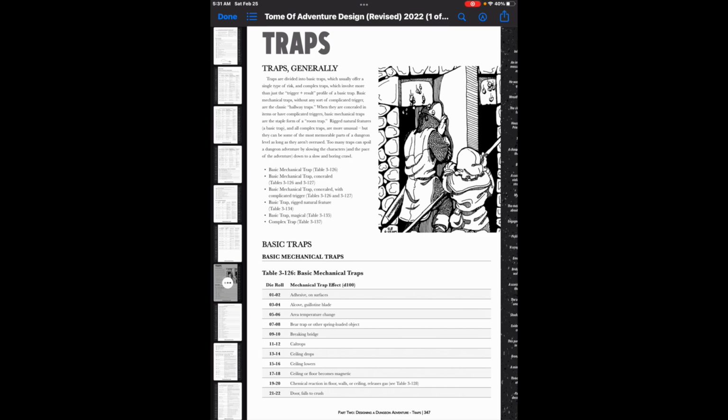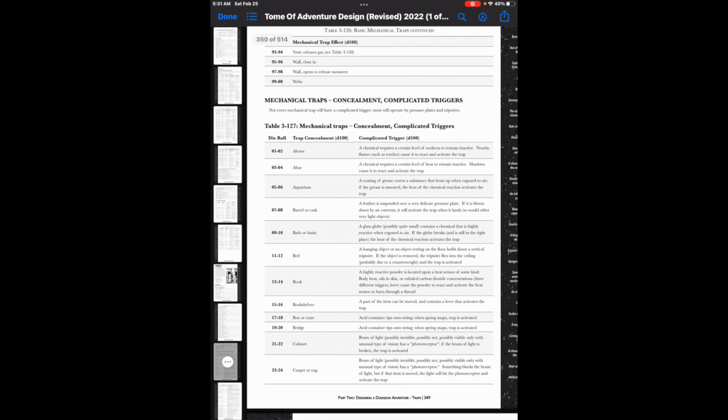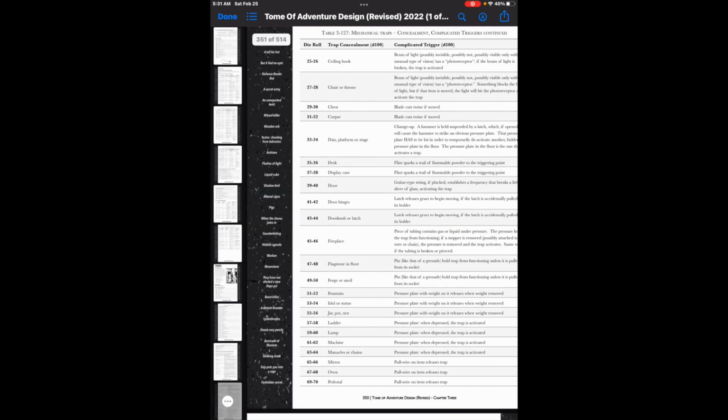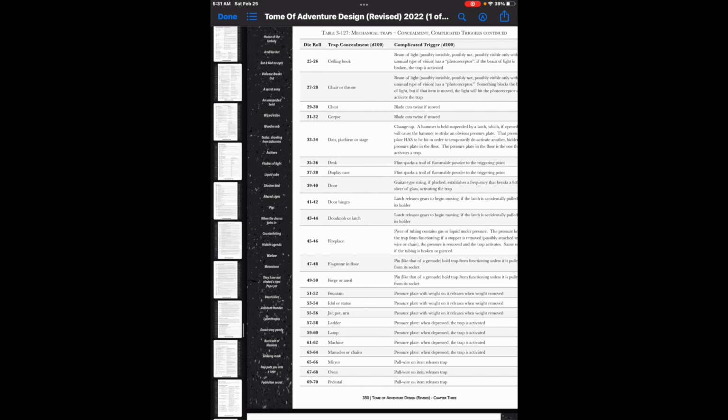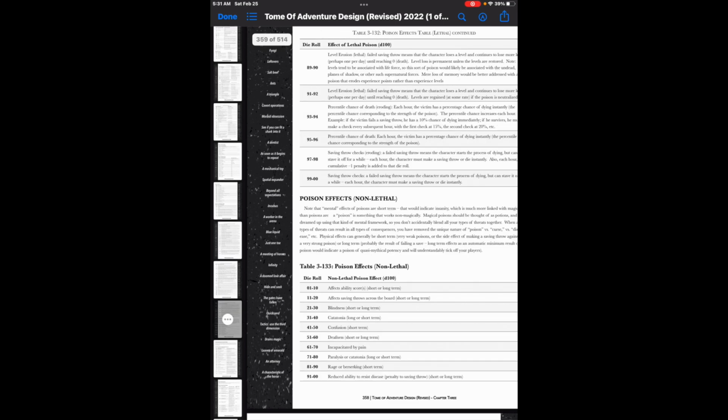And of course, we have things like traps and various types of traps. If you want a mechanical trap, it will give you how it's concealed, what the trigger is, and lots of levels of detail for that. As with the rest of the book, you have poisons and you have non-lethal poison effects as well as lethal